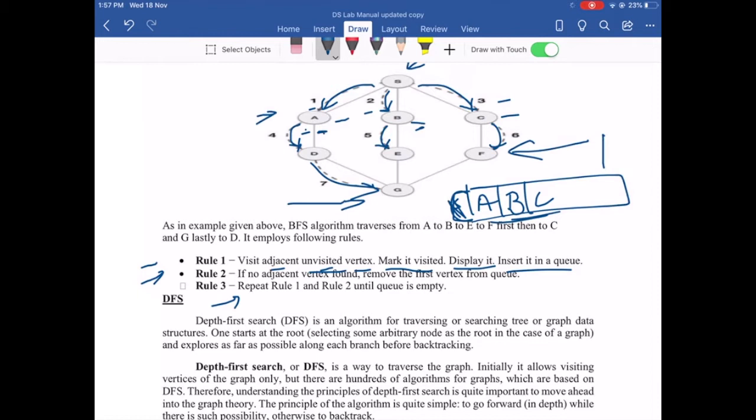Now we are going to take the next element A. From A, what are the nodes that can be visited? From A we visit D and there are no other nodes. A will be removed. We will look at what are the nodes that can be visited from B. From B I can visit E, that you are going to insert into Q, and remove B from the queue, since there are no other nodes which can be visited from B directly.